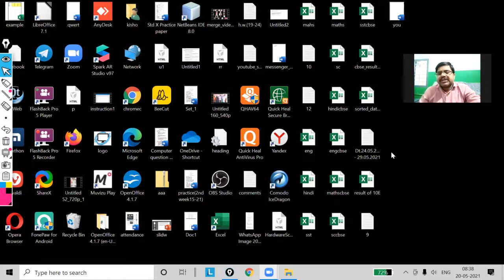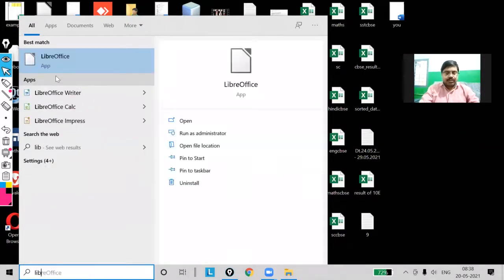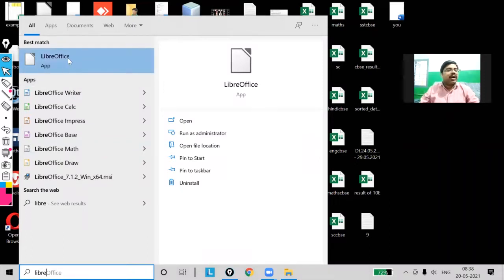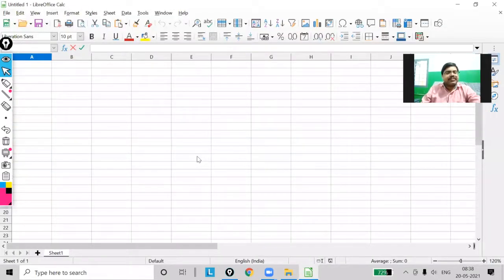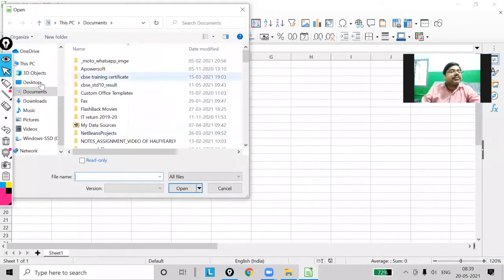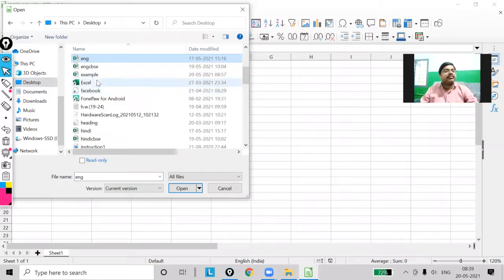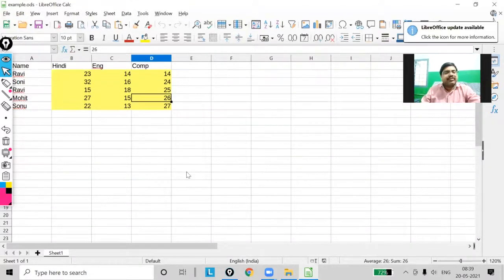Today, I will be discussing some new topics in Calc. So, first of all, I'm going to LibreOffice. I will select Spreadsheet. Now, here I already have one sheet, so I will open that sheet. This file I already created. Okay, now